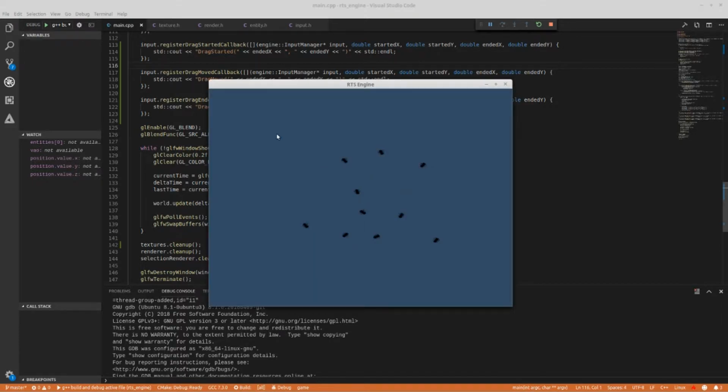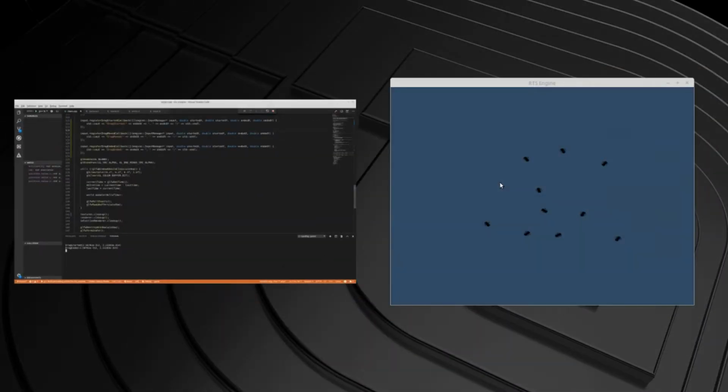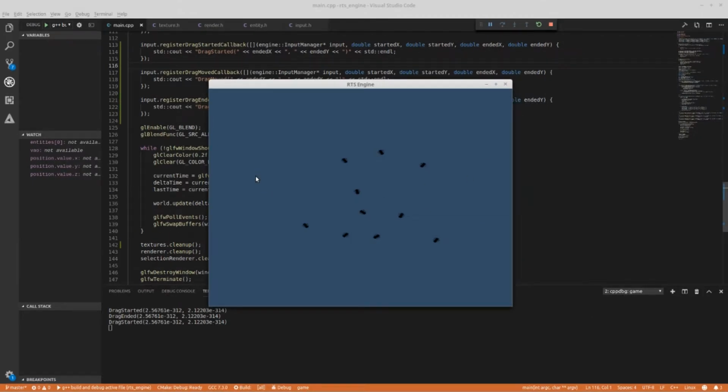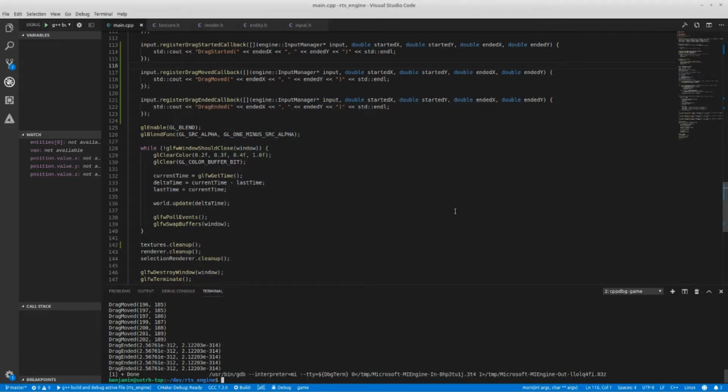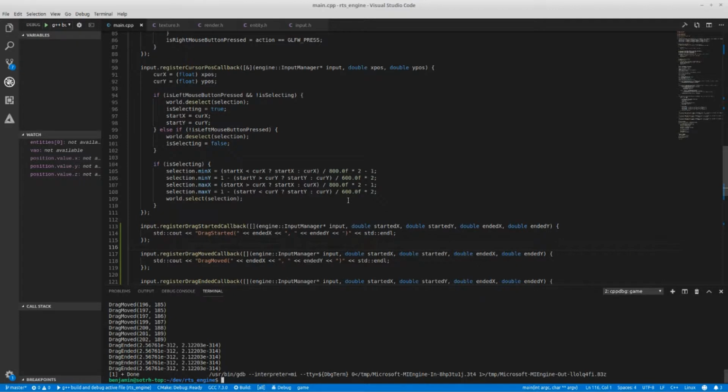There we go. Okay. So yeah. Let's show the terminal. You can see drag started, ended. Drag started, moved, ended. And then I just need to tie it into the whatchamacallit, these things. Yeah. So